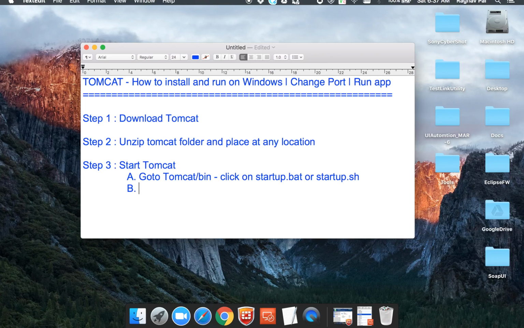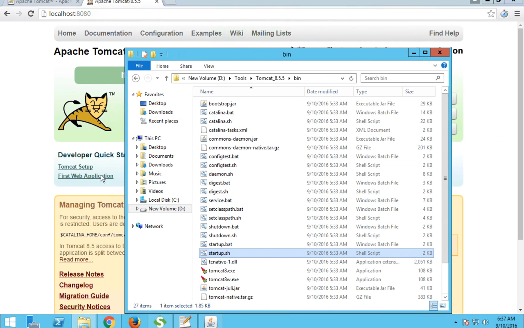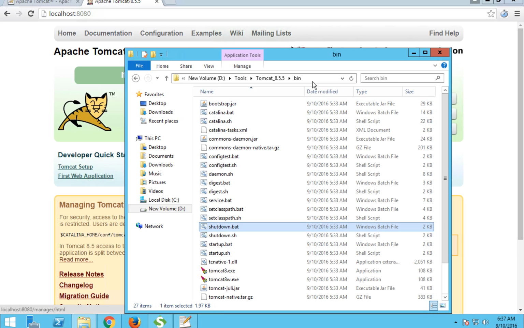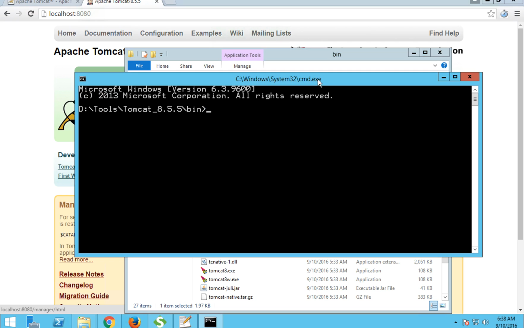Okay, the second method will be go to your command line, and in your command line go to the same directory for Tomcat and bin. Okay, and then you can give any of these commands, startup.bat or startup.sh. Okay, so let me show you that. Okay, so I'm going to command prompt. So one of the ways you can directly go to this particular address on command prompt is you, in the address bar, you can just say cmd on Windows,